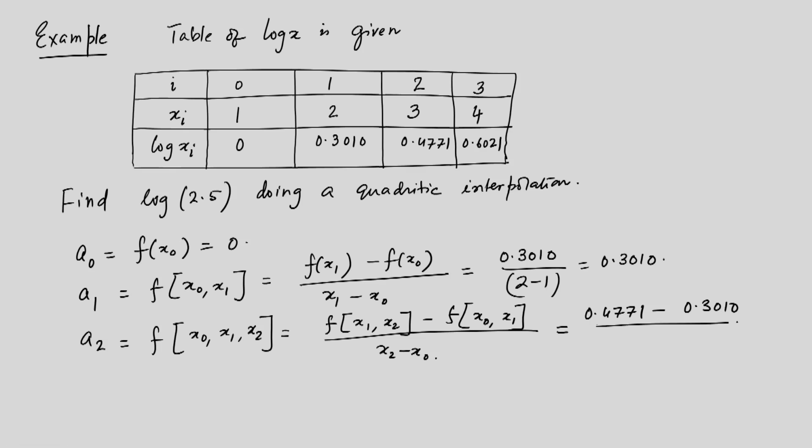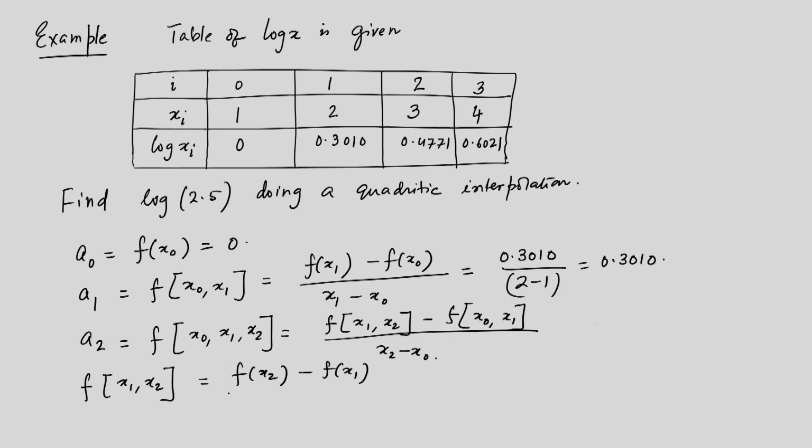And this is x 2 minus x 1, because this is x 2 minus x 0. Now we will just calculate the intermediate, so let us calculate f of x 1, x 2, which we have not calculated, the other one we have calculated. So it is f x 2 minus f x 1 divided by x 2 minus x 1